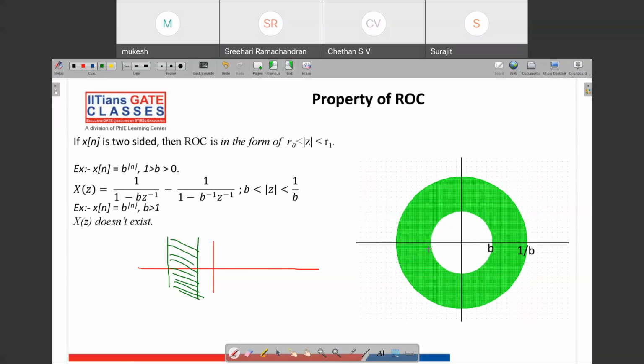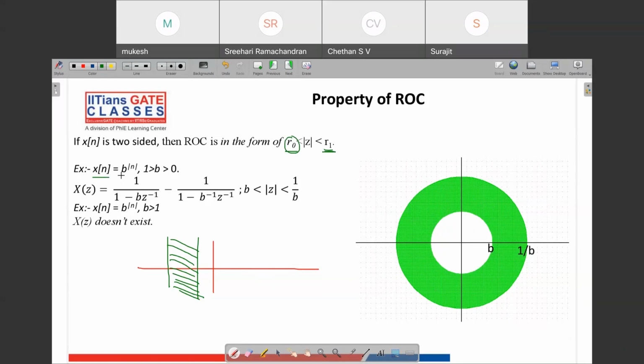You draw two circles here instead of two lines, and the ROC will be a ring between these two circles. So it will be in this form: greater than some number but less than some number. So when you draw this, r naught is the inner circle and r1 is the outer circle. One example is x[n] equal to